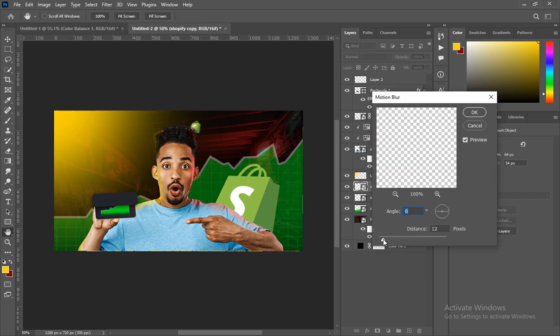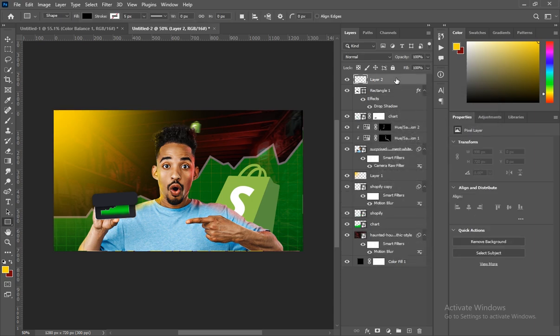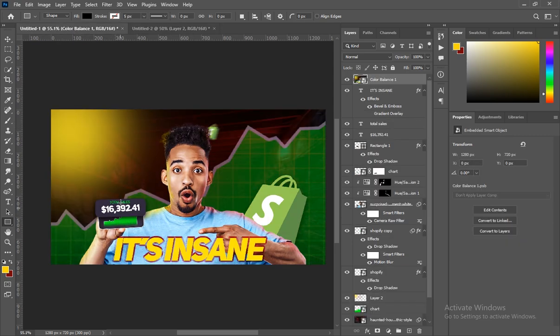So you increase the distance to about 12. So I think this is okay. Then you select the topmost layer, that is the first layer. So what is left right now is the text, right? So first of all, let's write this, right? This text: total sales